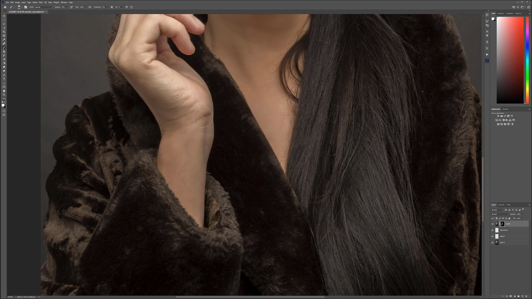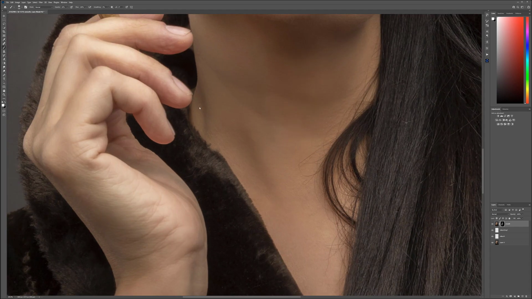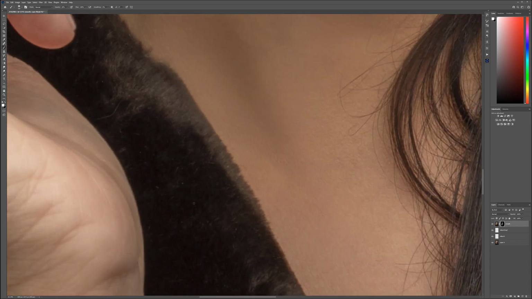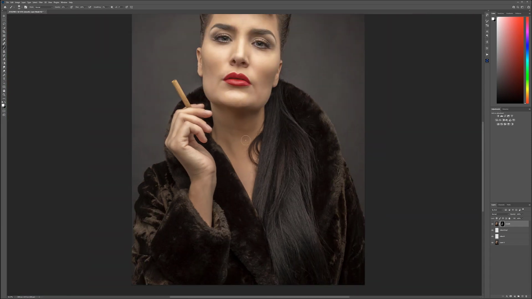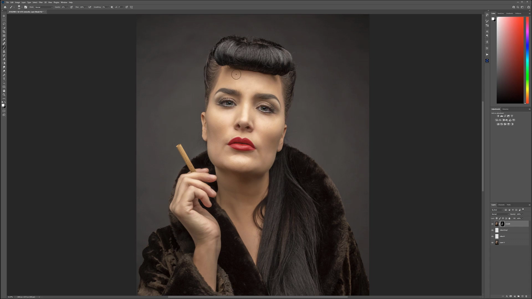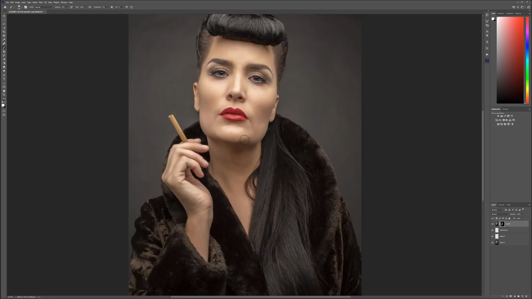Okay, one thing you'll need to notice: because I'm removing texture, I'm making it more smooth. The grain is gone. If we come closer, you can see some grain right here, and it's not on skin. So later on, we'll need to go back and restore some of this grain to bring it together. Okay, right here we have our image smoothed out, with some blemishes removed, so it's almost ready for our dodge and